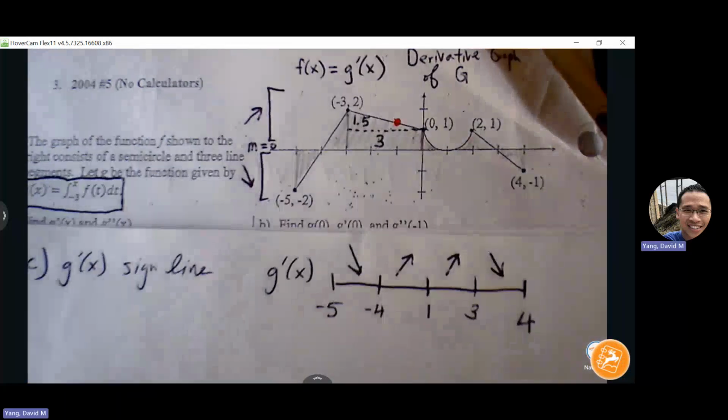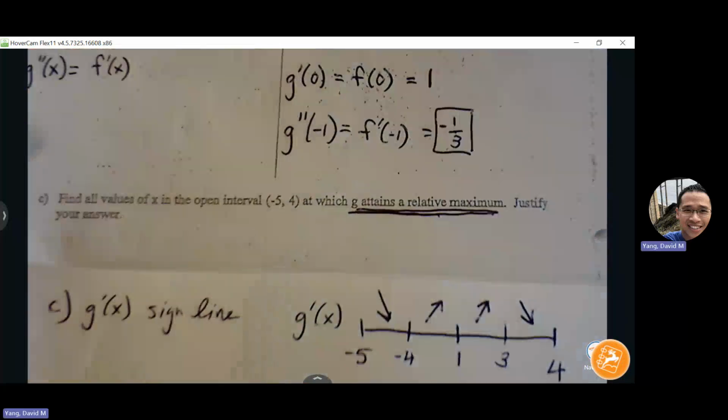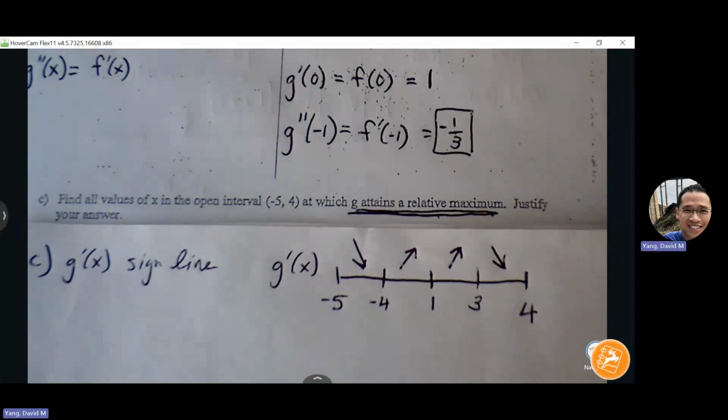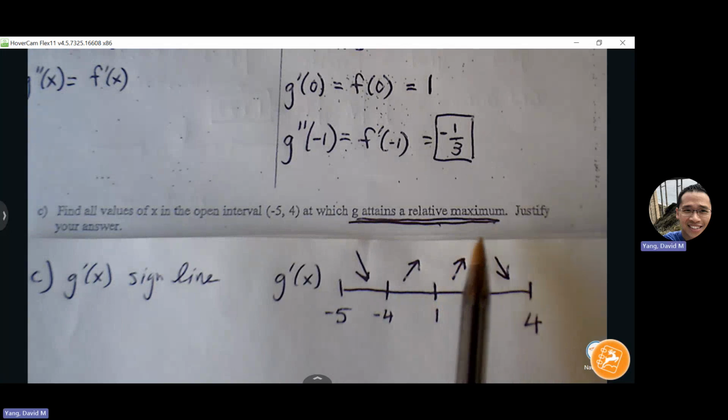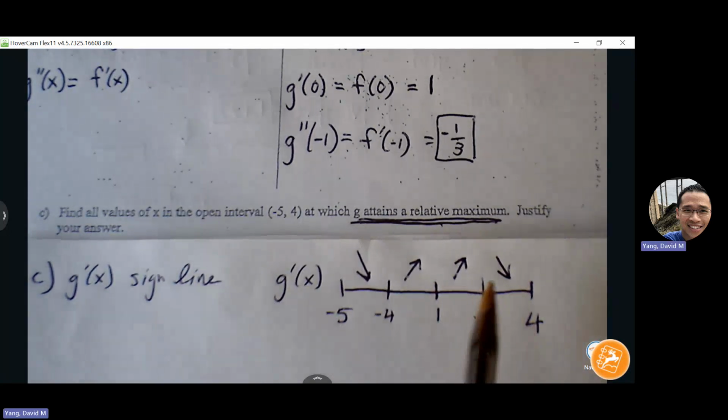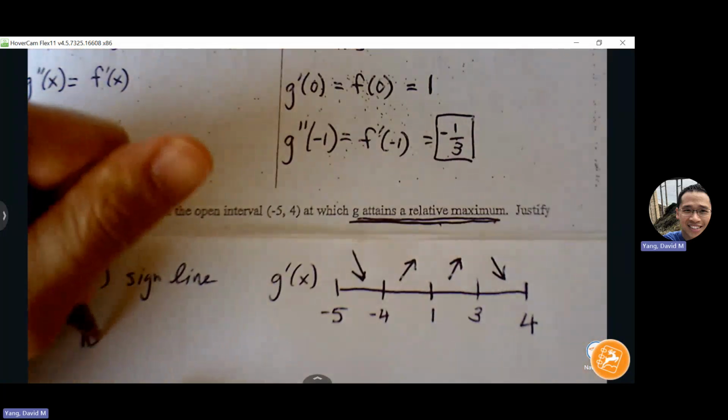Okay, so part C is asking, find the values at which G attains a relative maximum. So where do we expect relative maximum to exist? In between -4 and 1, in between. Okay, where do you see relative max? At 3, because my slope is rising followed by falling. So relative max is a hill of the graph, right? So the hill of the graph we can expect to show up at 3. So we can say relative max at 3